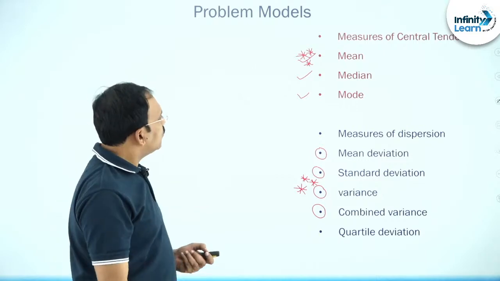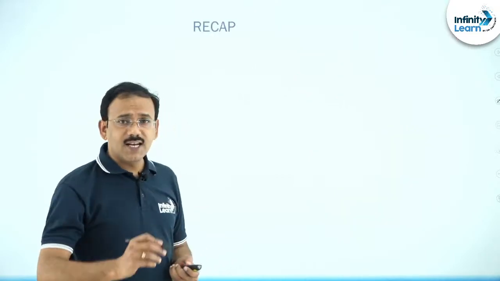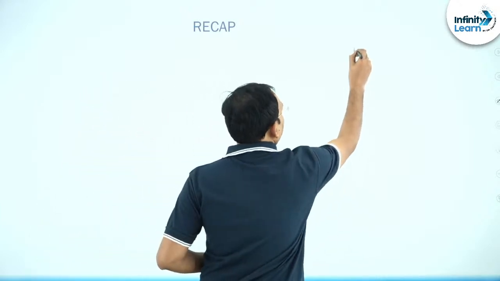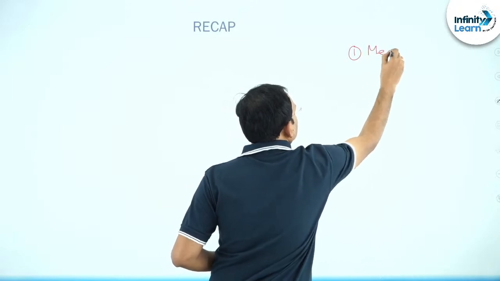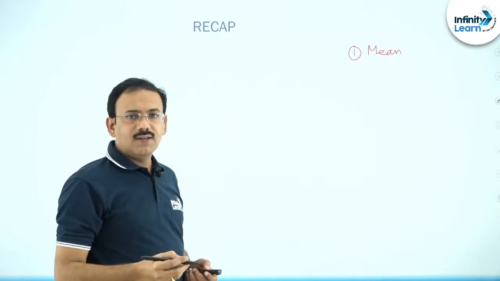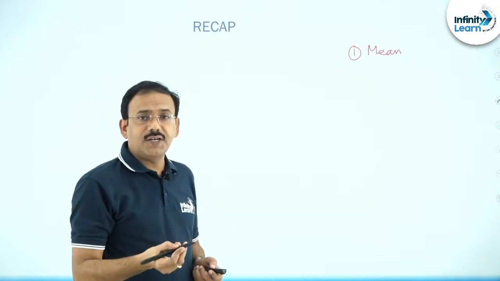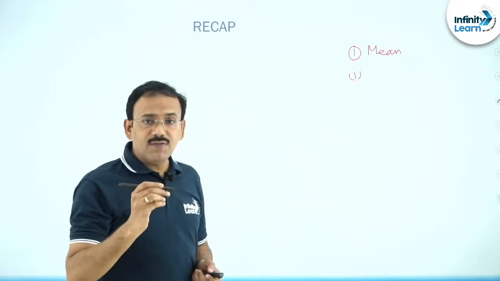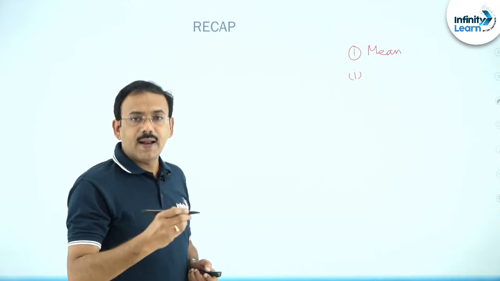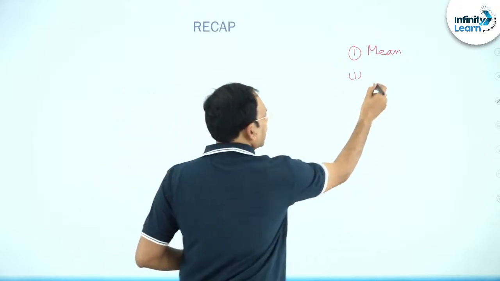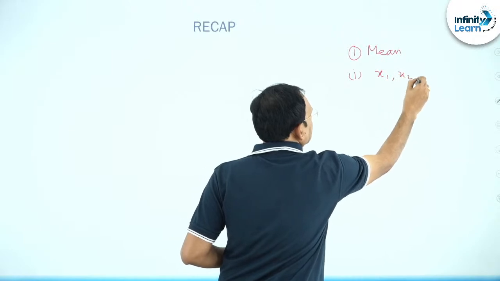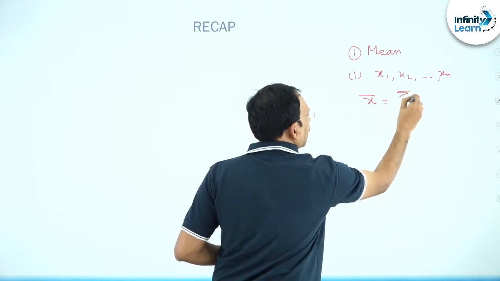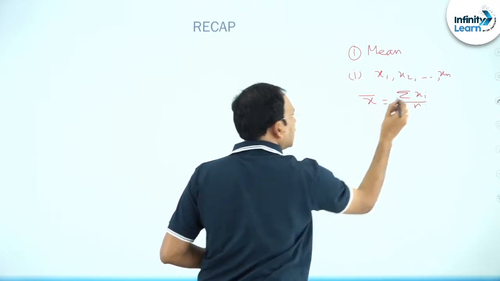Okay dear students, first let us recall the important points or formulae related to mean. What is mean? Average, that is sum of the quantities by number of quantities, the first formula which we apply for individual series. Individual series means numbers will be given like x1, x2, x3, and so on, n numbers. Mean is generally denoted by x bar, sigma xi by n.